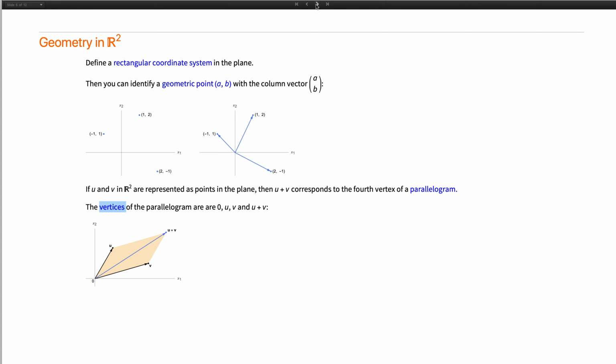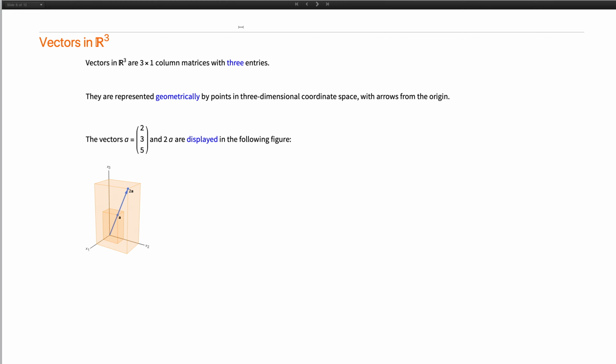Okay, so having defined vectors in 2 dimensions, let's get a little more ambitious and talk about vectors in 3 dimensions. Well, a vector in 3 dimensions is just a column vector, a column matrix with 3 entries. And like before, they are defined geometrically by points with arrows from the origin. So for example, here's a vector in 3 dimensions, 2, 3, 5, that's A. And then 2A is just a vector along the same direction